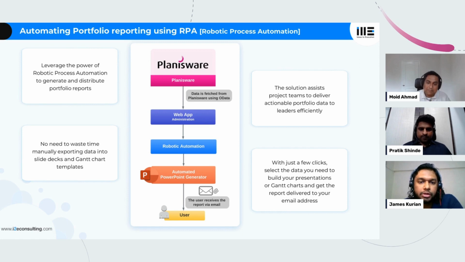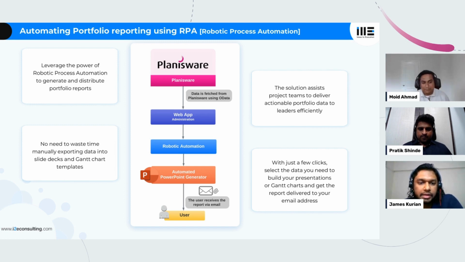Using the web app, you would be able to filter your projects. You would apply various filters, versions, various other filters that you might want to use, narrow down to the projects that you want. You can even apply access controls over there, and then with just one click of a button, you could export the Excel in the format that you want, as well as with the other click, you would get an email which contained an attachment, and that would have the result, the exported Gantt chart, which you would have spent hours on generating if you didn't have this.